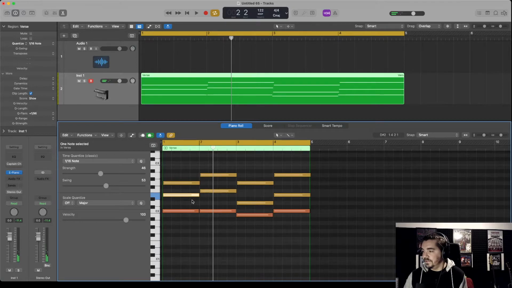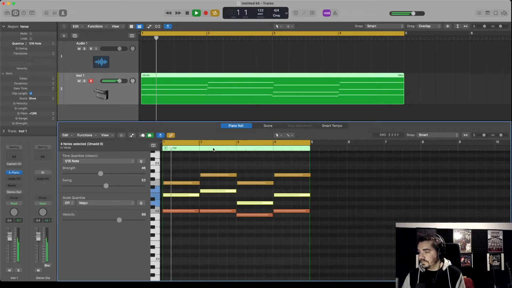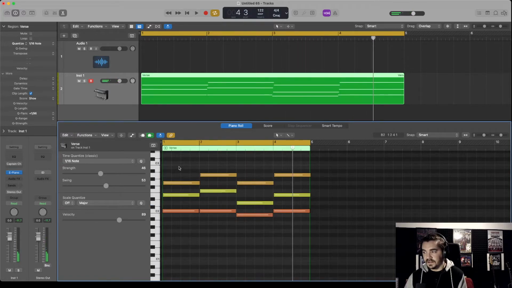Then what I'd probably do is select the middle note, maybe drop that down a little bit. See, we're getting closer. You go through the same sort of process if you use a MIDI drum pattern which has been brought in from somewhere else. You think about how a human would play that if it was on a real instrument,